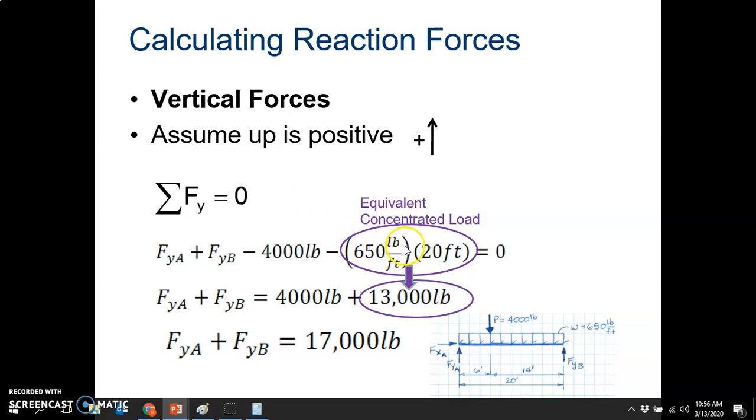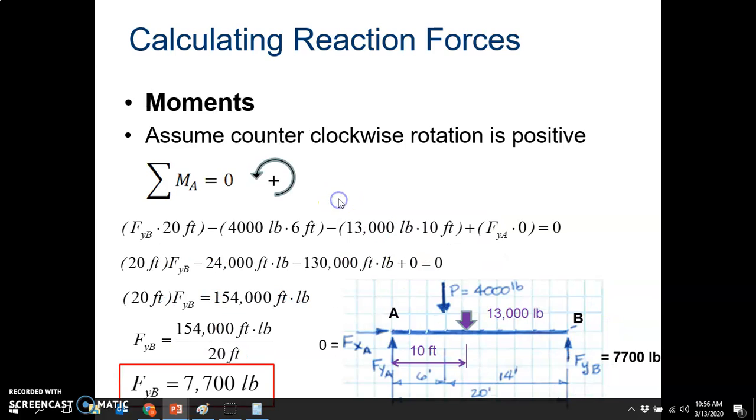And again, that's just saying that the distributed load right here is equivalent to a concentrated load in the middle. Choose a point, analyze either point A or point B, does not matter. Let's do some moments around point A, fine. So we have our one force of 4,000 right here, which is applied 6 feet away. So we're going to do 4,000 times 6. And then we have this load right here, which is 13,000, and it's halfway, which is going to be 10